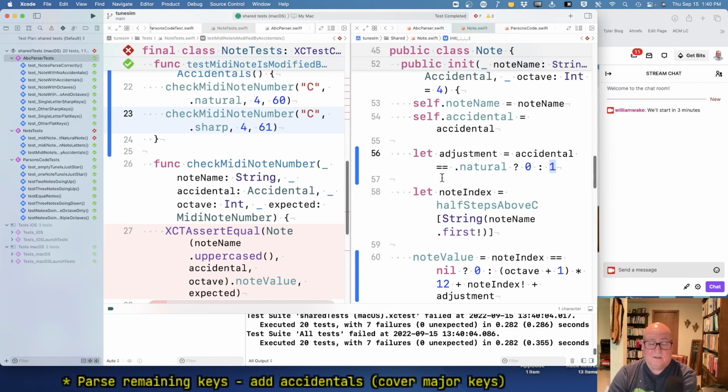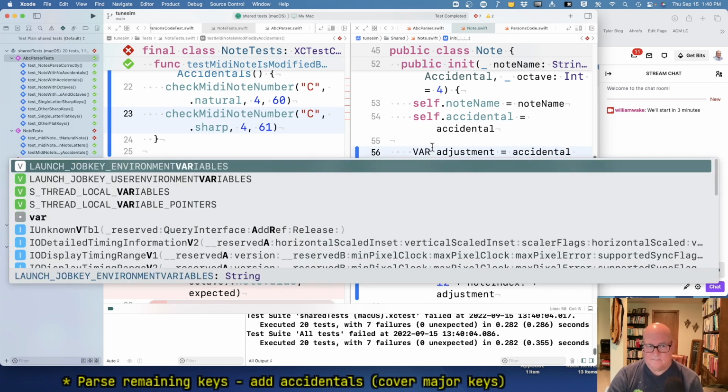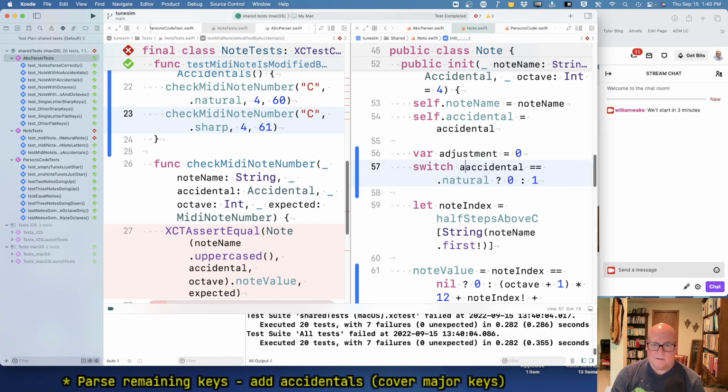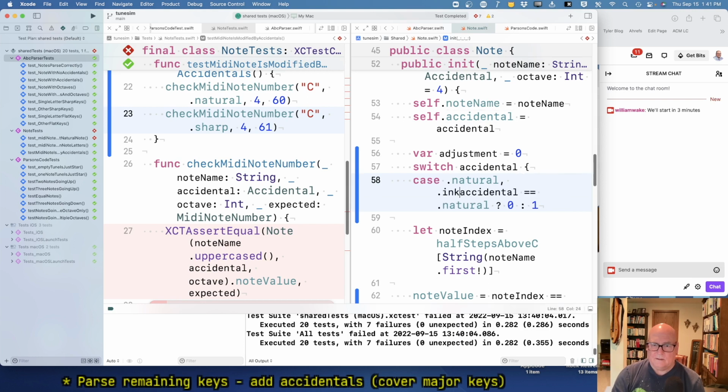So let's do var adjustment equals 0. Switch accidental of case natural or in key